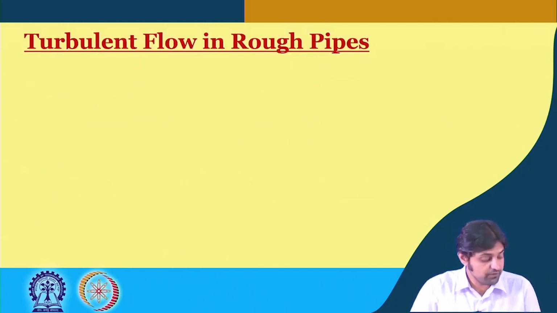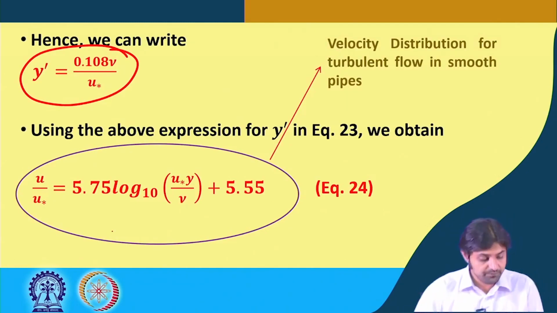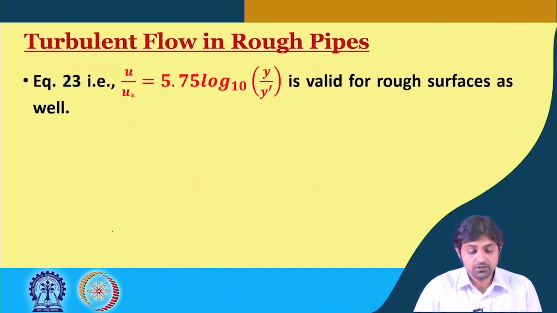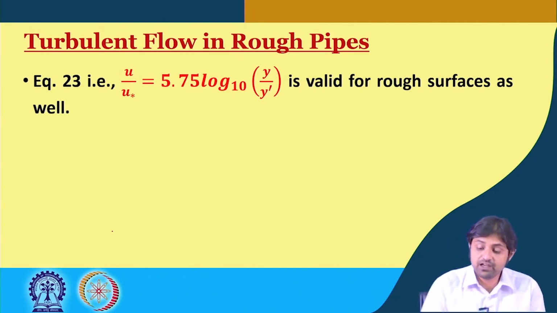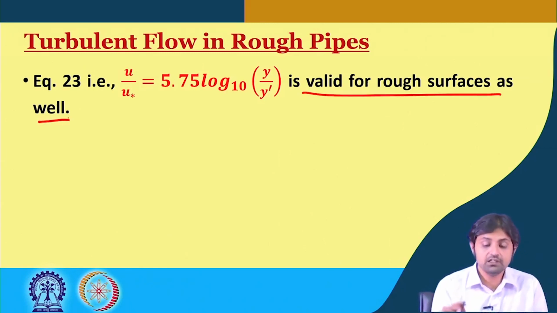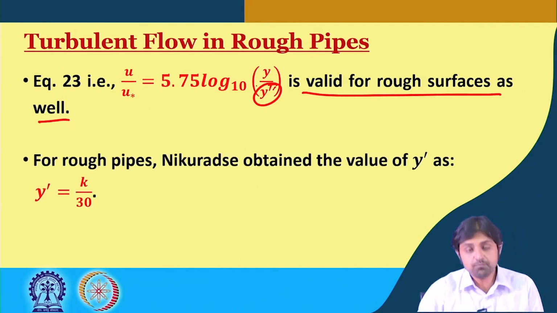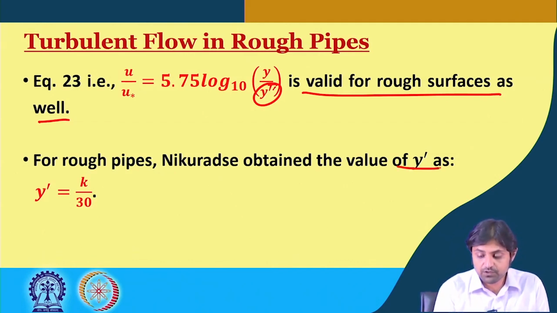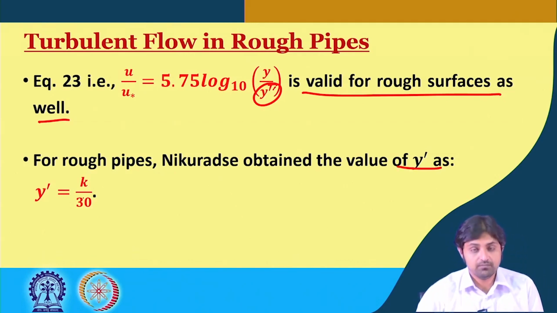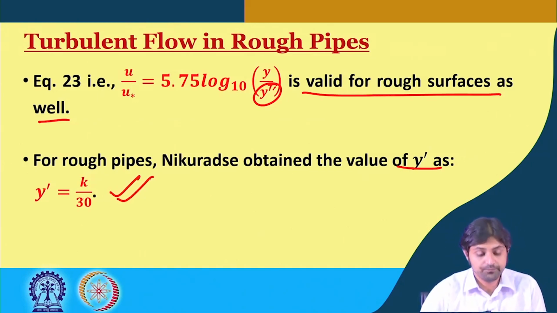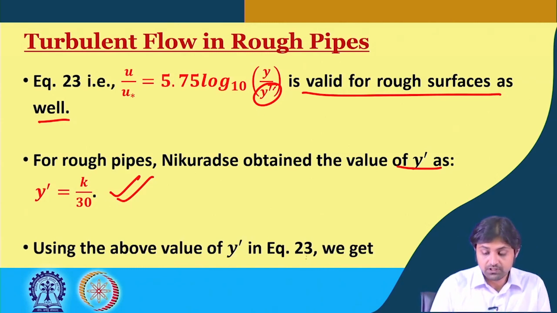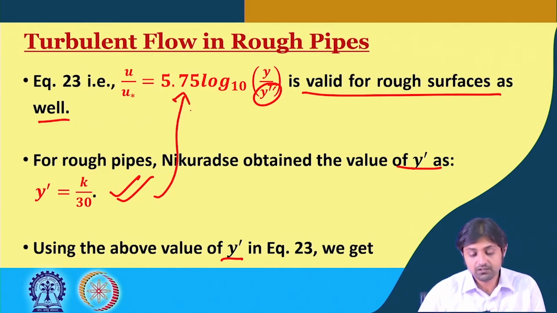Now what about the turbulent flow in rough pipes? It is better to note down this equation, equation 23. This u by u star equals 5.75 log 10 y by y prime is valid for rough surfaces as well, because all the approximation that we did was on this y prime. For rough pipes, Nikuradse obtained the value of y prime as k by 30. This is obtained by Nikuradse,